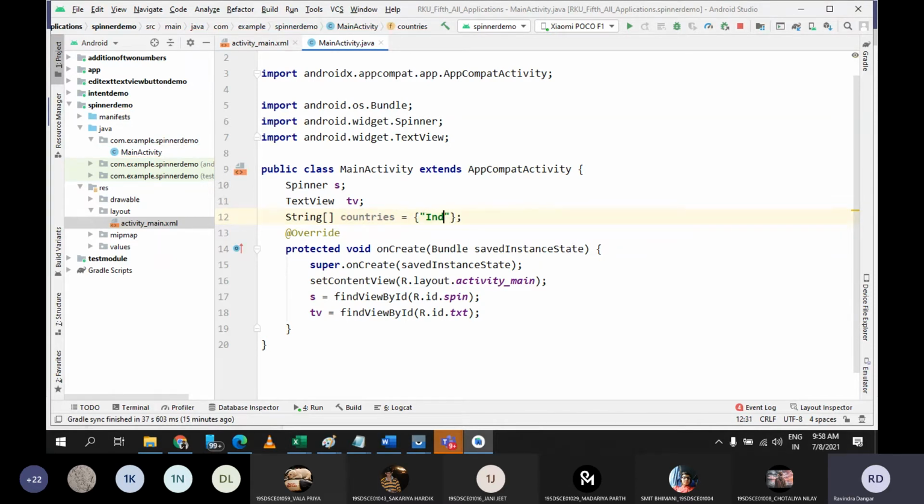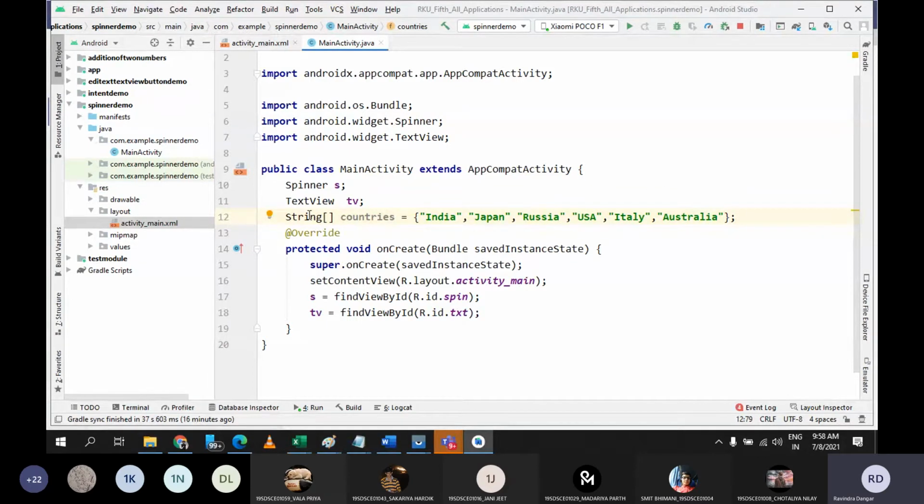Let's say first country India, then Japan, Russia, USA. So likewise you can have a number of values. As of now I'm going with 5 to 6 values. So this is how you can create an array.